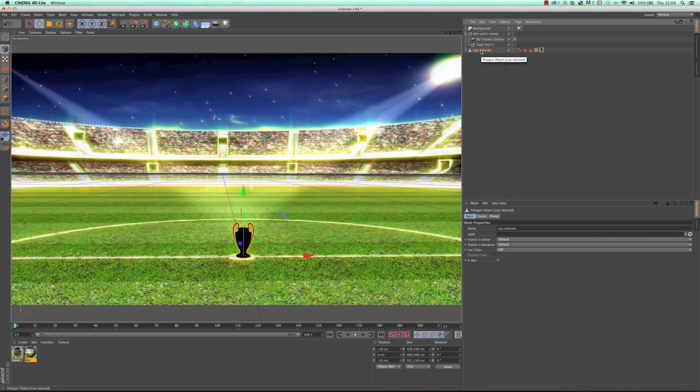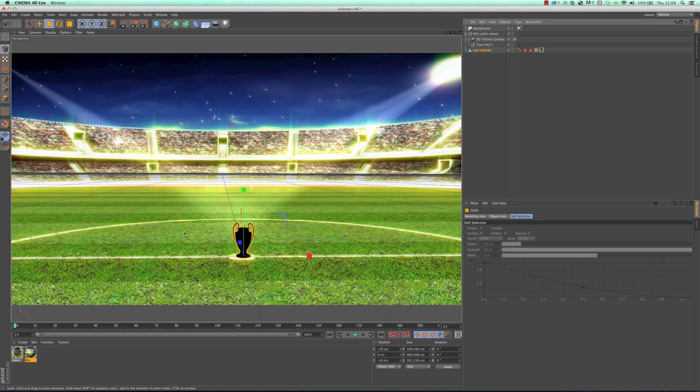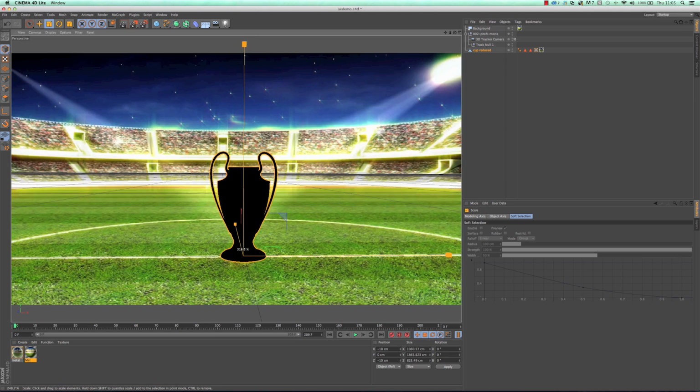The other thing that I want to do with it is scale up the cup. So really nice with 3D objects is you can move them and rotate them and scale them up to any size. So this is one of the big benefits of working in 3D. You can also change where things are scaled from, but in this case the cup scaling is done from the base of the cup, so that's been set up. So if we scale up, I just drag to the right and I can have this cup at whatever scale I want. So I'm just going to have it about like so.